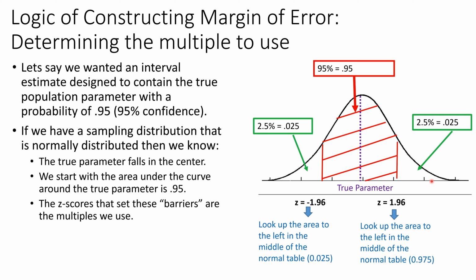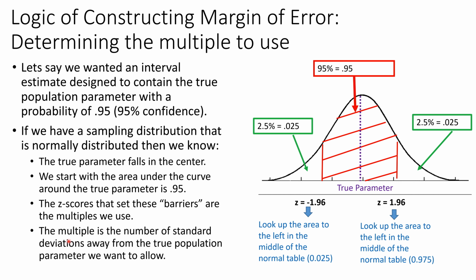And we know that the normal distribution is symmetric around the mean. Last, the multiple is the number of standard deviations away from the true population parameter we want to follow. This means it should be calculated as